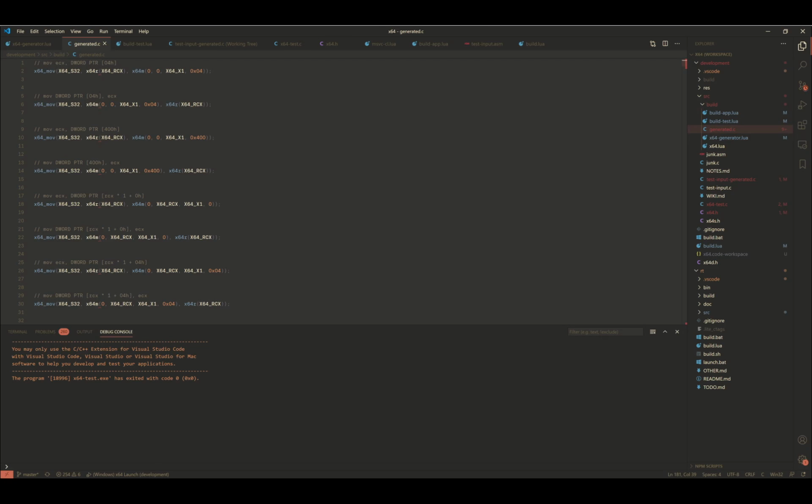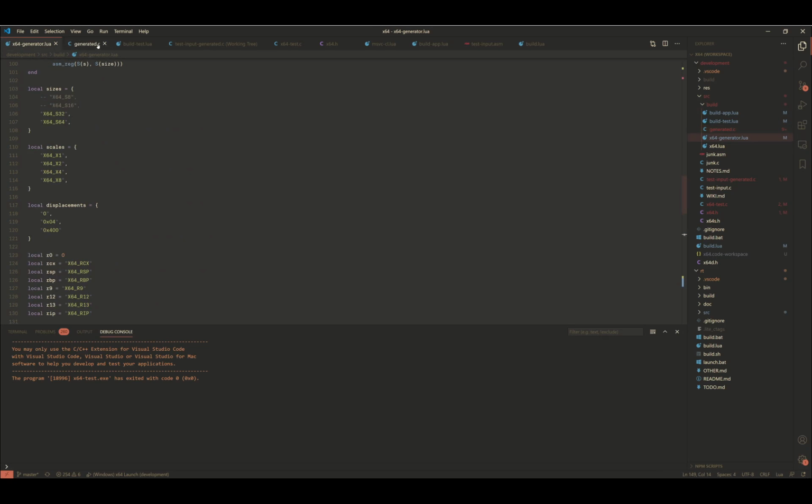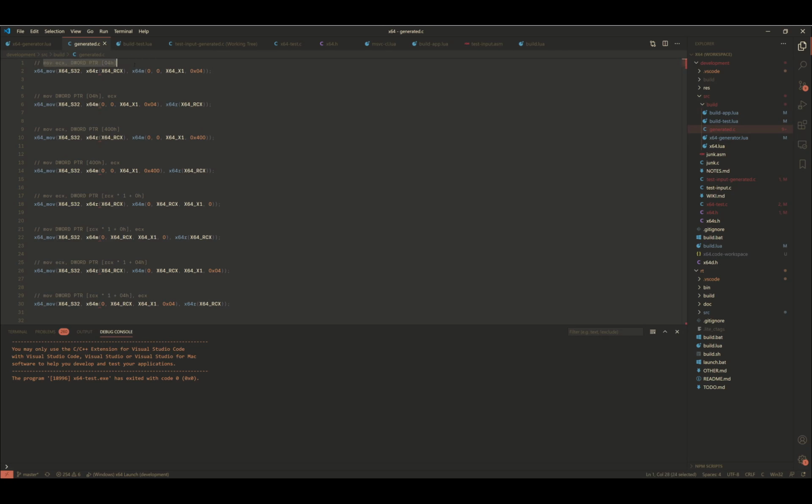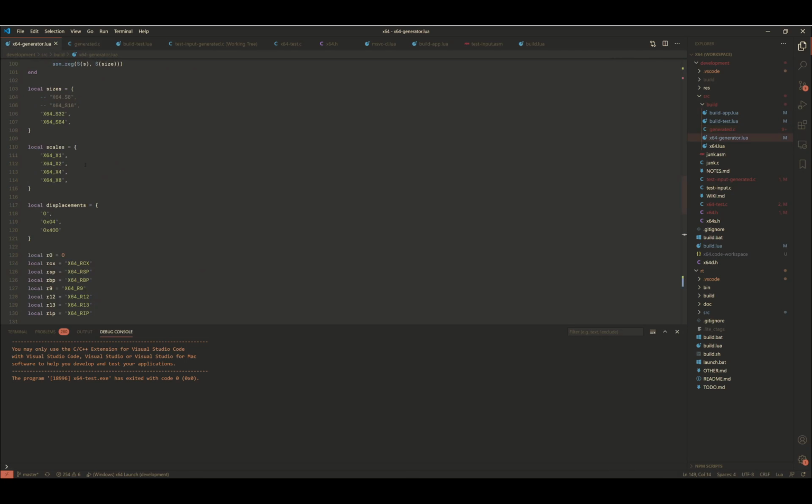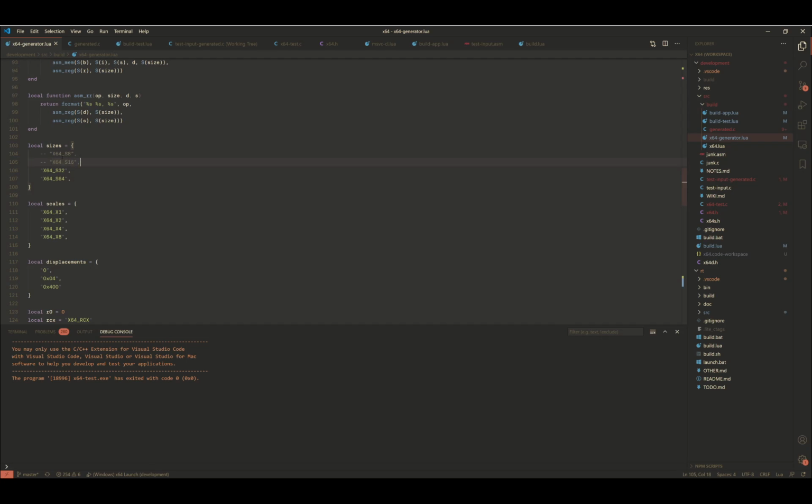So what it does is quite simple. It goes through every possible permutation of the instruction encoding, especially with the ModRM, SIB, and the order of arguments or operands. We have these two sizes because we don't support S16 yet, and S8 is quite weird because I'm not sure whether I will be using it, although it might make sense, for example, in the case when we have MOV